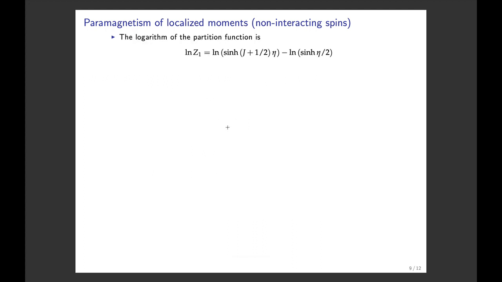So now, the logarithm of the partition function, well, we take the log of that, and